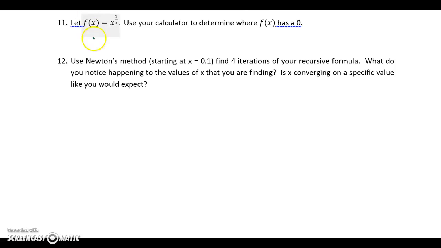If we graph, or if we do this algebraically, we end up finding that f of x has a zero at x equals 0. Which means that Newton's method should find that value x equals 0 for us as we are going through and solving. So in question 12, you're asked to find the zeros starting at x equals 0.1 and use 4 iterations